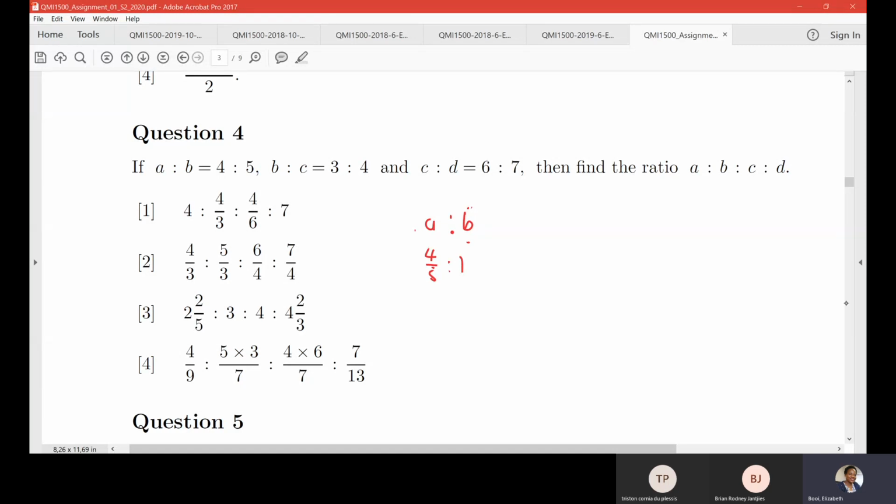And then you would have to calculate the ratio of B and C, which then the ratio of B would have been 3/4 to 1. And the ratio of C and D would have been 6/7 to 1. Therefore, no, I'm getting it all wrong then as well, because it cannot be 2. Yes, it will have been 2, 1, because then